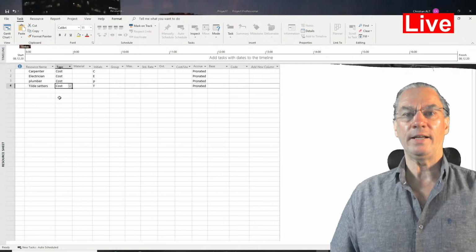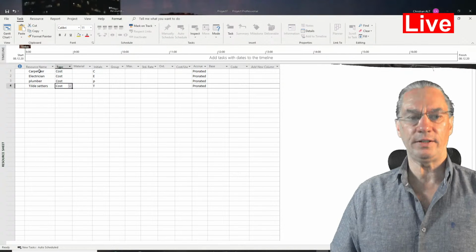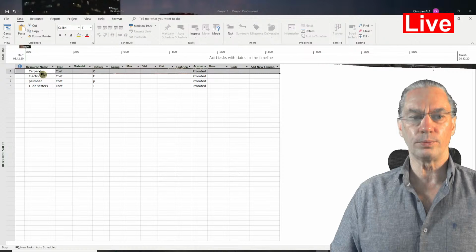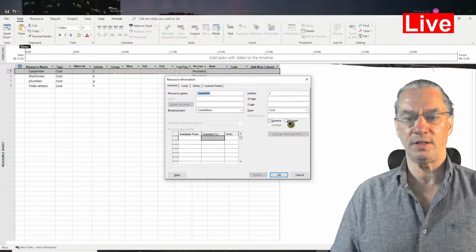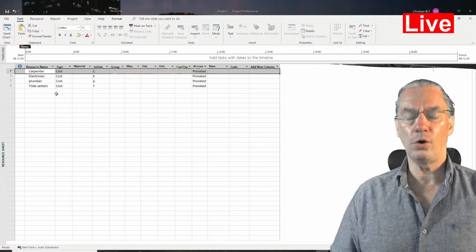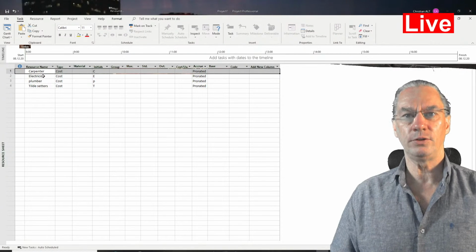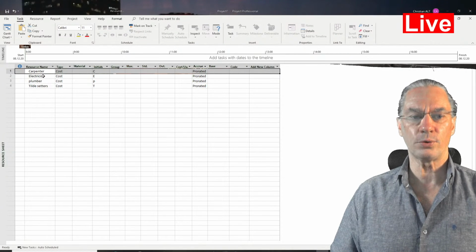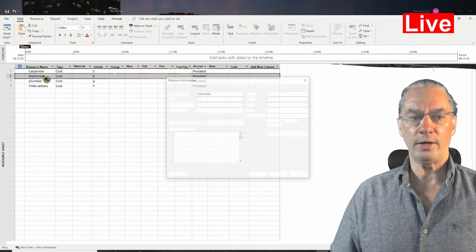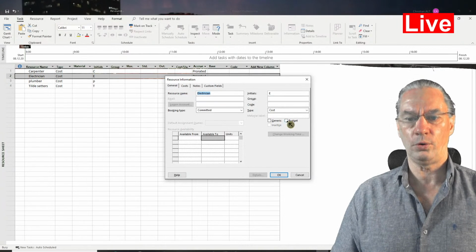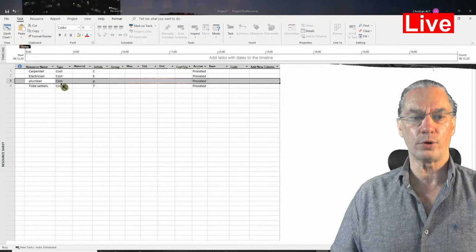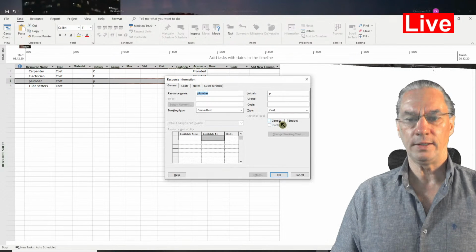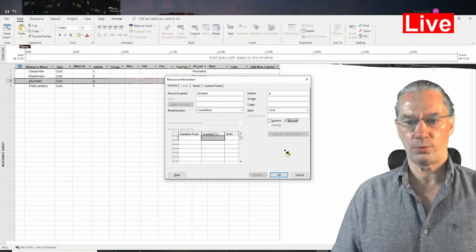And now the particularity that I need here is to define that the resource is of type budget. There is no difference, you don't see any difference in the resource name. So I will do the same for all the other ones which are here, but this is important to be done with those resources.